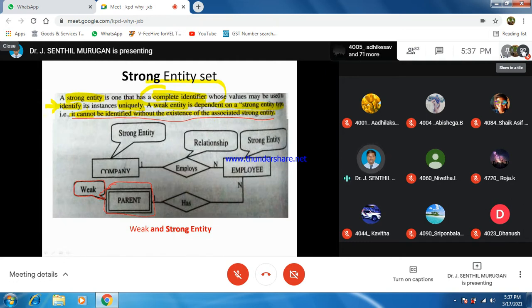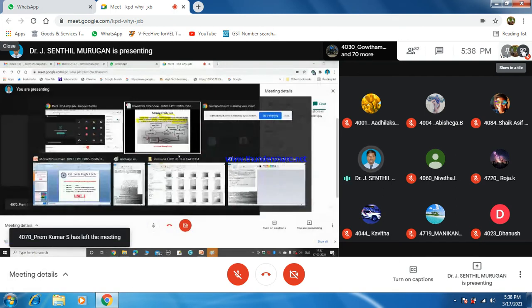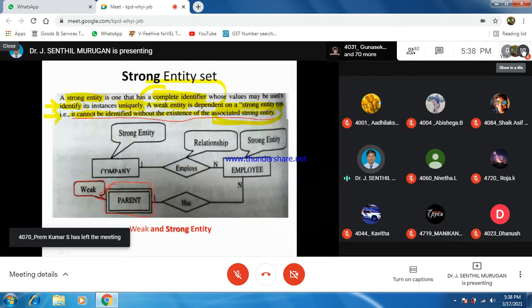How is it going to depend upon the strong entity type? It cannot be identified without that strong entity type. Since it is a weak entity, it is going to depend on the strong entity. So here it exists with the associated strong entity. That is, a weak entity will be there based on the association of the strong entity.